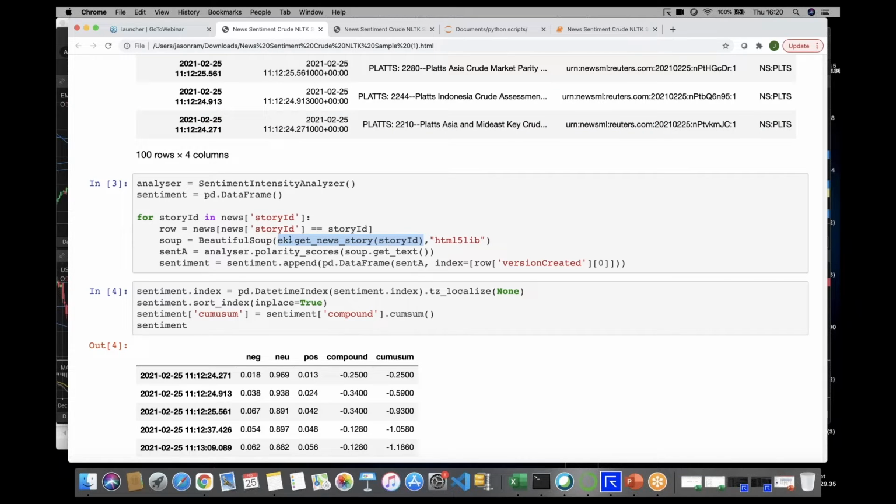Then I create a soup object of HTML5 type. The stories are delivered in a format which is HTML friendly, so it comes with hyperlinks and pictures and stuff like that.